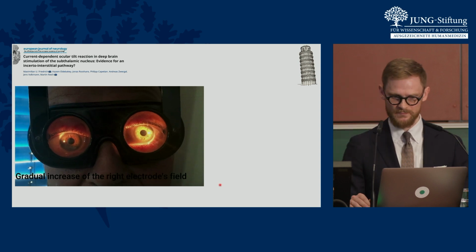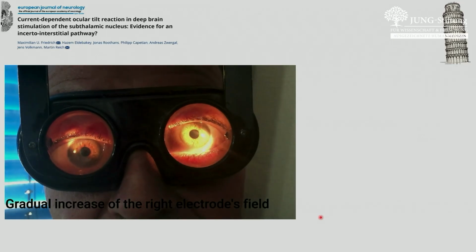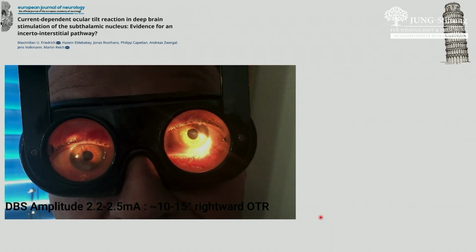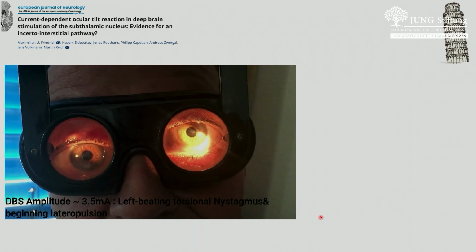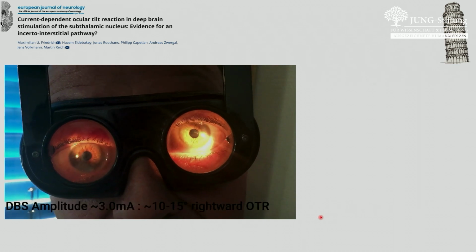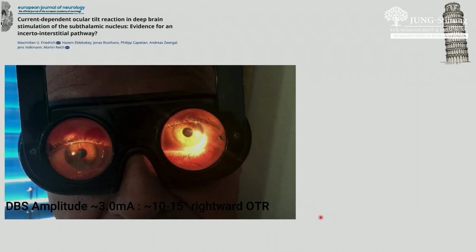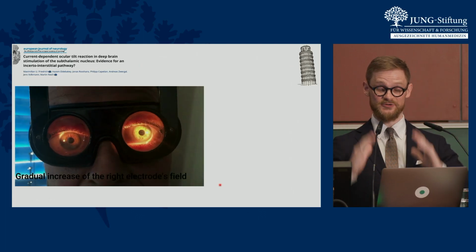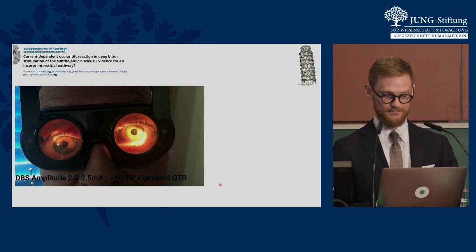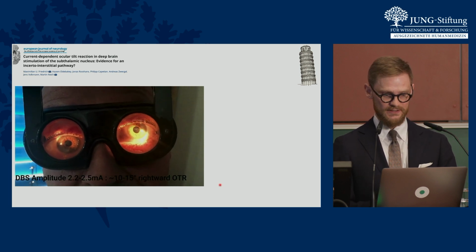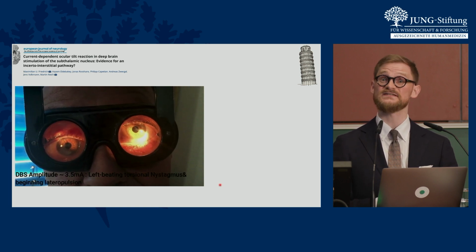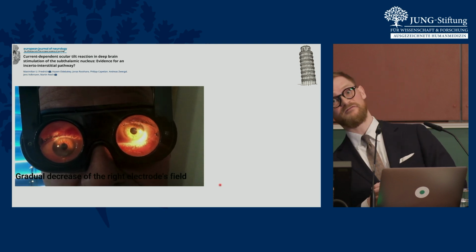So here's a video. In this video, I test the electrode contact that causes the problem, and you can see that increasing the current really makes his eyes go away from one another vertically and his head tilted to the side. And you can think that in this patient we really messed with verticality perception. And now if we tone down the deep brain stimulation, it's gone. It's almost gone. And if we turn it up again, you can see the eye moving up, moving up, moving up, and he said, wow, this is very uncomfortable. I feel like I'm falling to the side.